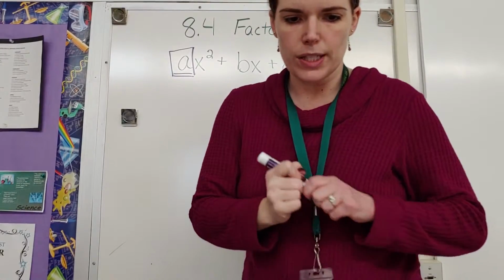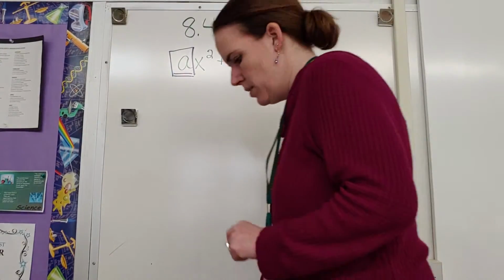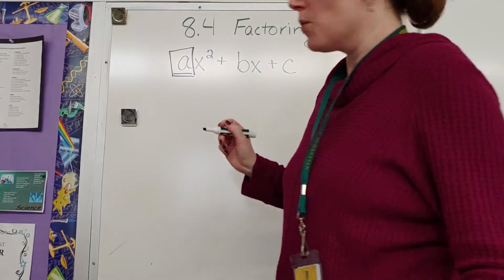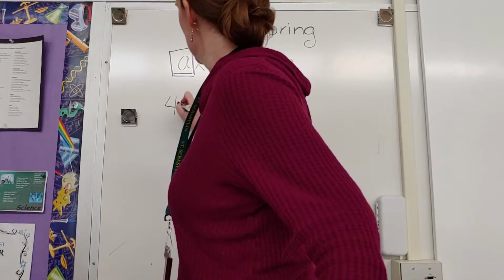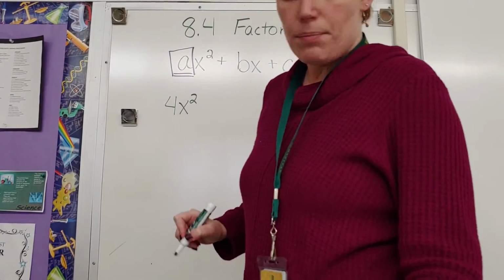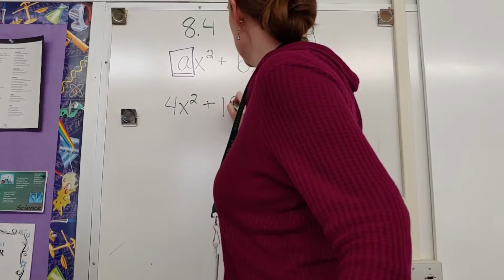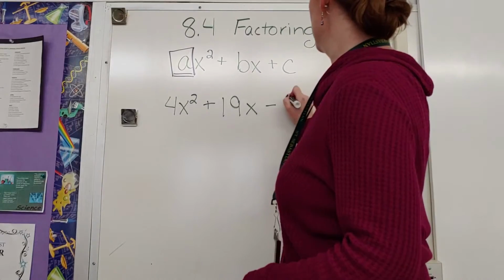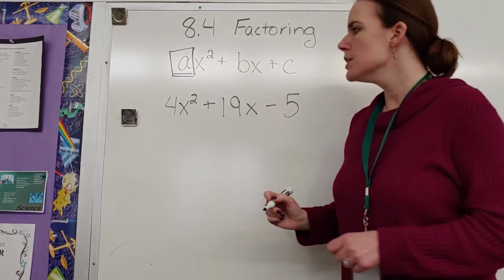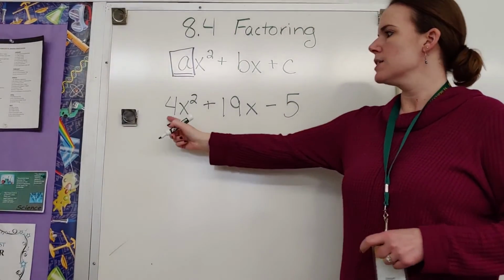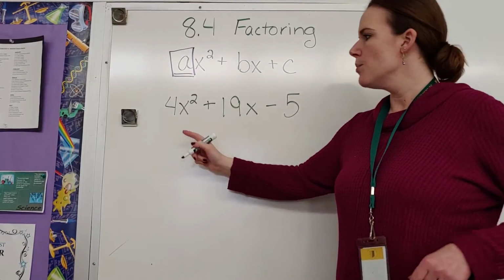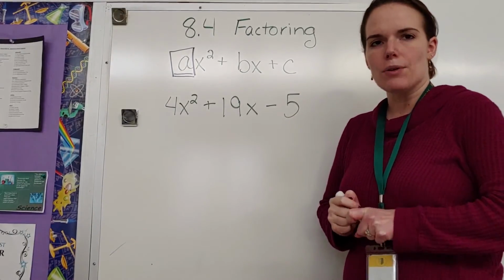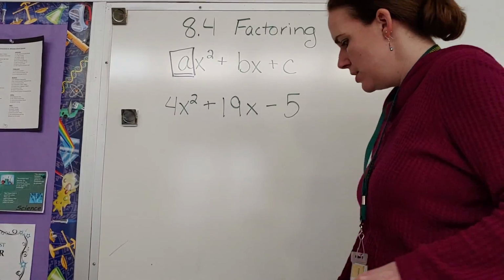Okay, so let's do 4x squared plus 19x minus 5. So again, you're going to notice right away that we've got a term in front here. So we have to multiply the outside terms together. So in this